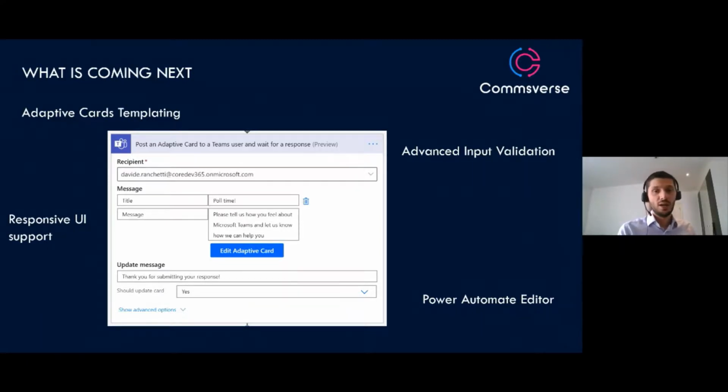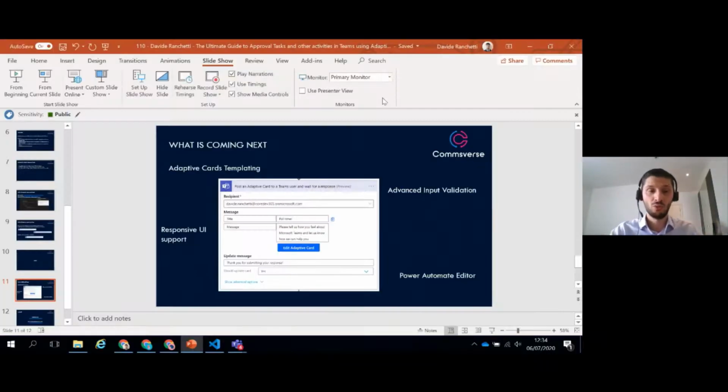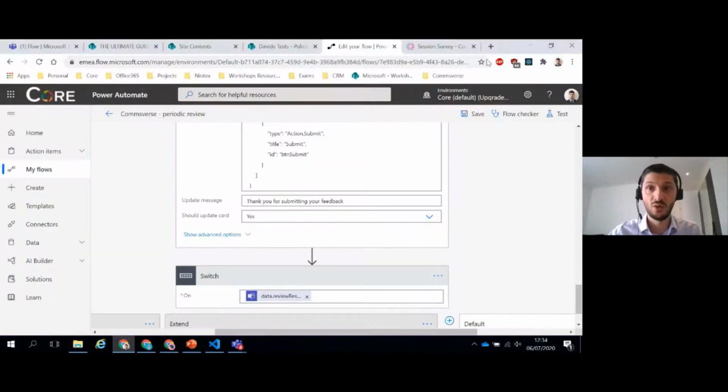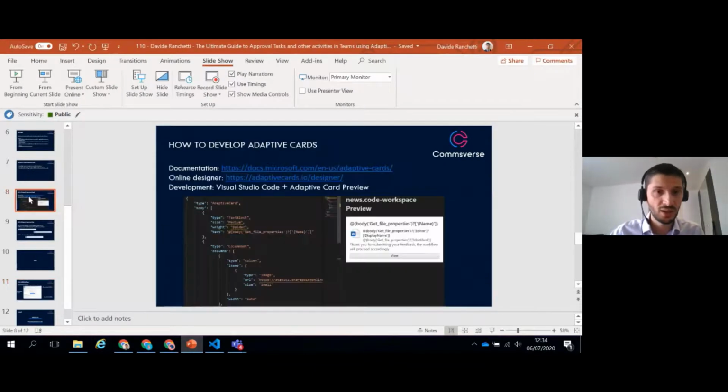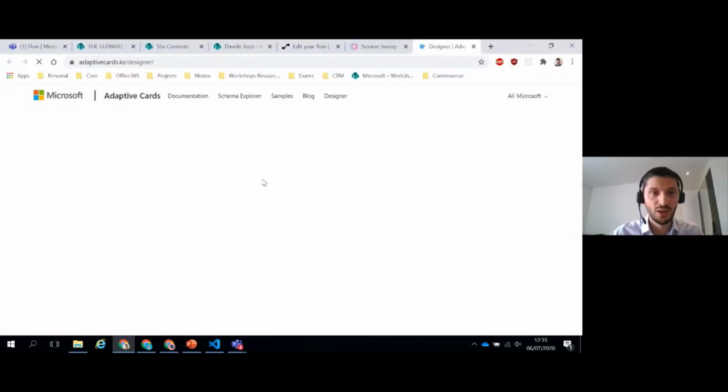data. I showed you the Power Automate editor, but of course you don't have to use it if you don't want. You can just code in JSON, or you can go to adaptivecards.io and use their designer. I've actually linked it here. So if you open the online designer, you get a similar WYSIWYG editor